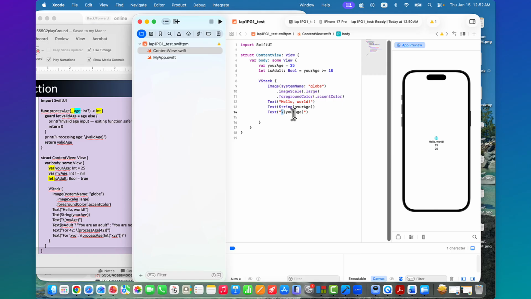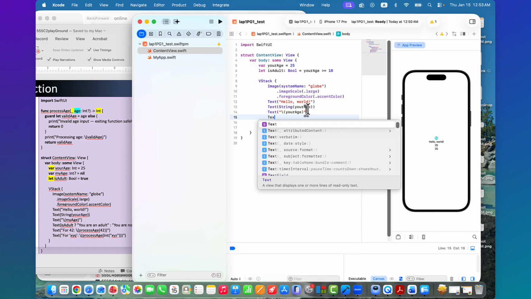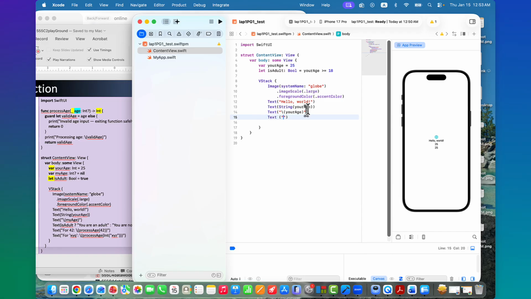So 25 comes here, but 25 will be in double quotes. That works just like this, 25. Right? This is okay because we said the quote and double quotes. That's what this exactly is, right?